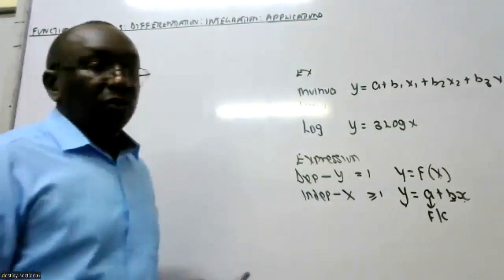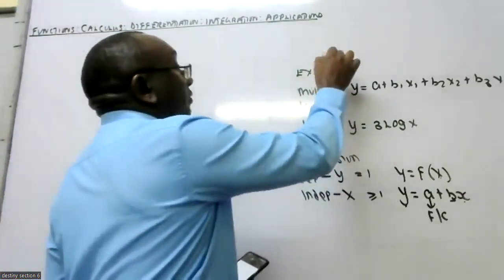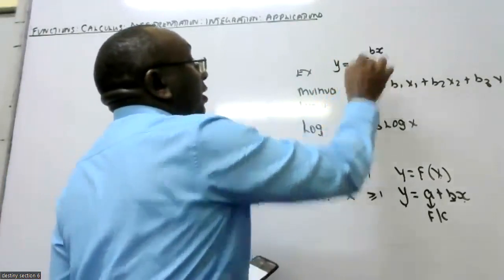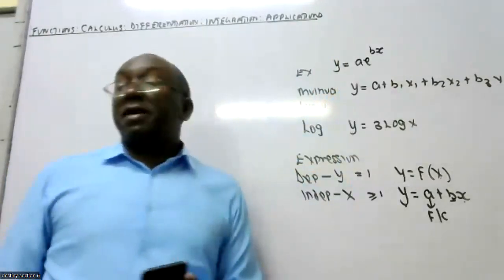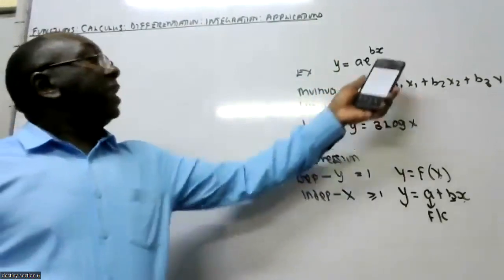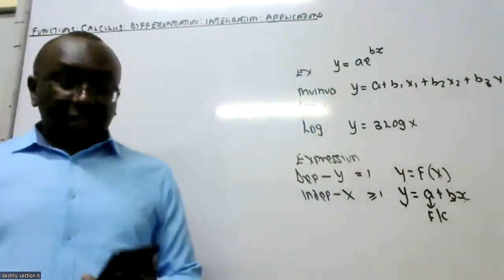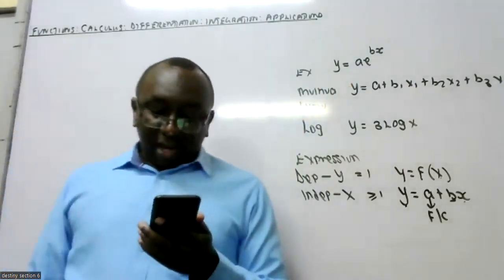An exponential function is a function whose independent variable is part of the power. For example, y equals a e raised to power bx. Now, the independent variable here, you can see it is part of the power. Now, these exponential functions,